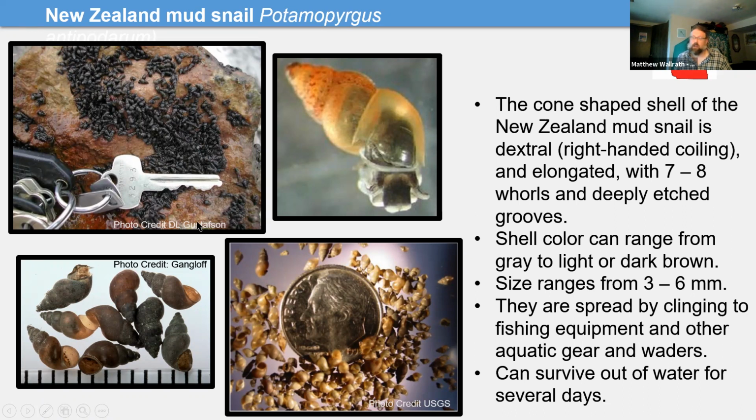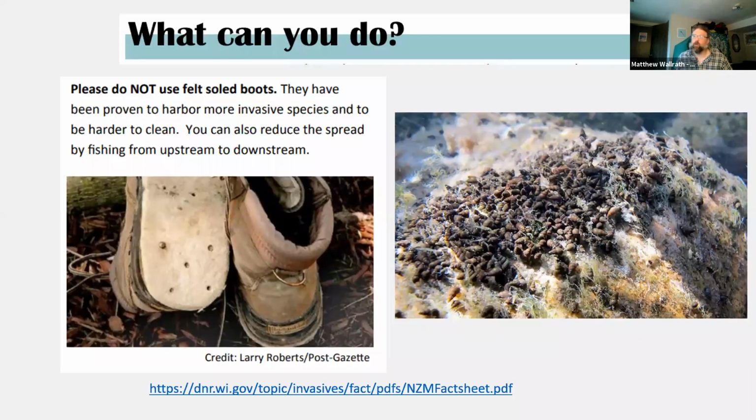So we really want to make sure that we're cleaning our stuff off, not spreading it around, and reporting it when we see it. This is a really important one to get eyes on the ground so that we can know where we want our boot brush stations, where we want to do our outreach campaigns. What can you do about this one quickly? Just get rid of those felt sole boots. That's how they live and go along the side of our rivers. They love to live in these things and